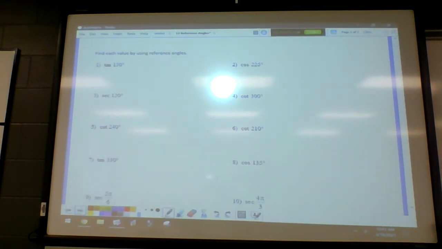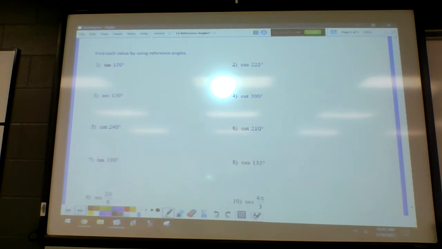Everything else will be negative. Which means that in the 4th quadrant, what's going to be our situation for positive? Cosine and secant. Yeah, down in Q4, the cosine and the secant are positive. All right, so with that information, we're going to put this away, and we're going to evaluate all these trig